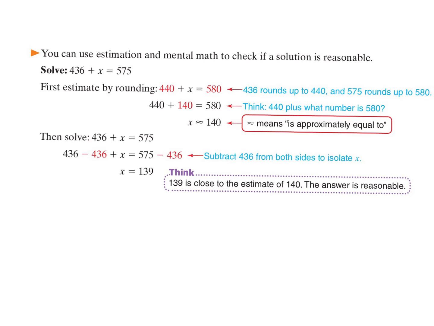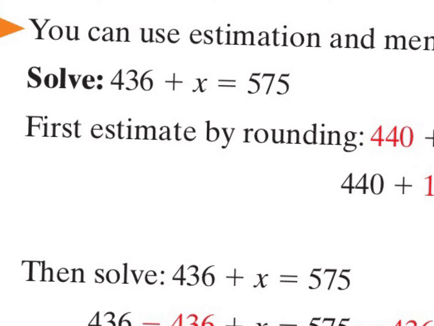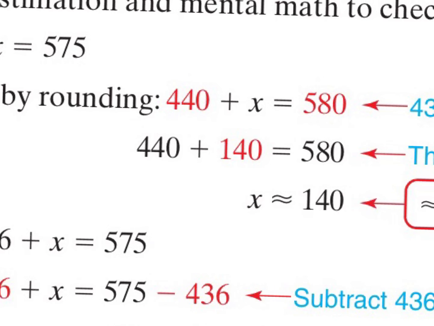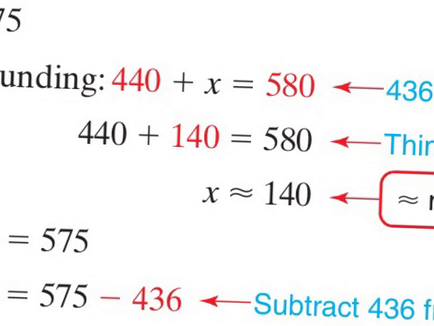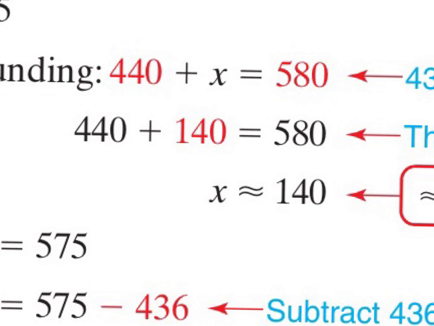You can also estimate, possibly do mental math to see if your answer is reasonable. So in this example, 436 plus x equals 575. What they did is just rounded these off. They said 436 is about 440, 575 is about 580. It just gives you a little bit easier numbers to work with. And then since they were adding,